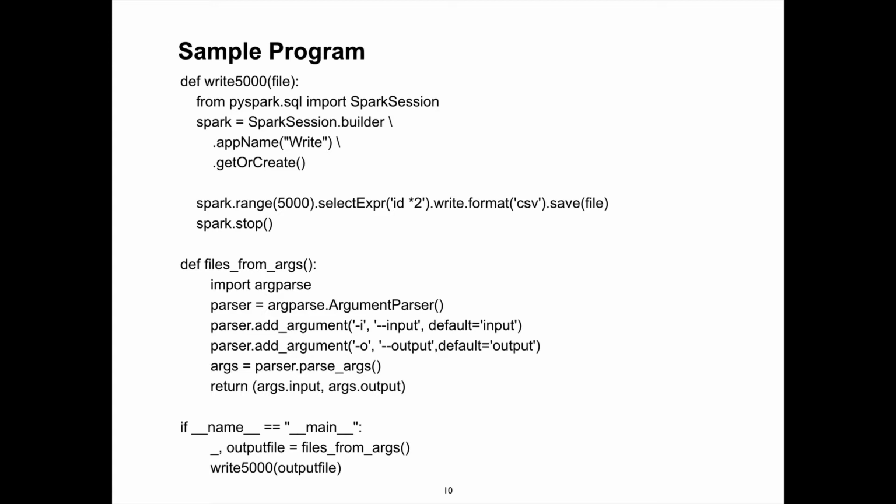So now a slightly more complicated program, where again I'm going to read the flags from the command line to know where to put the output. Down here, the underscore means I don't care about the input because I'm not going to use it. And then here's my program. Again, I create a Spark session, and then I'm creating 0 to 4,099 and multiplying by 2 just to do something, and then I'm going to write it out.